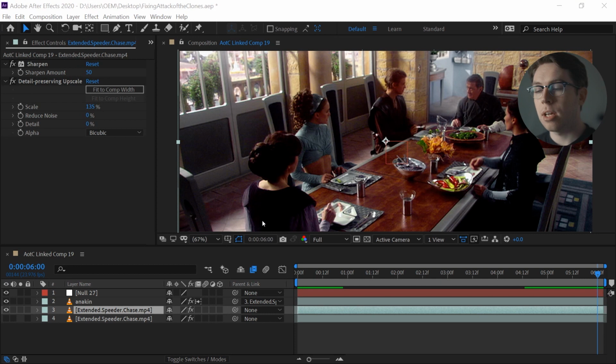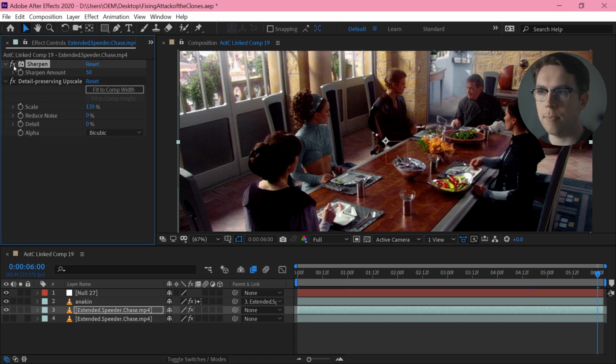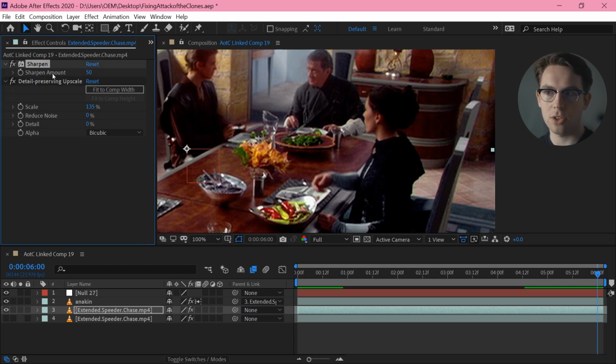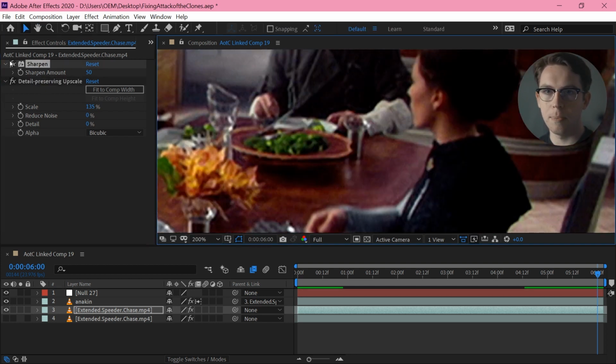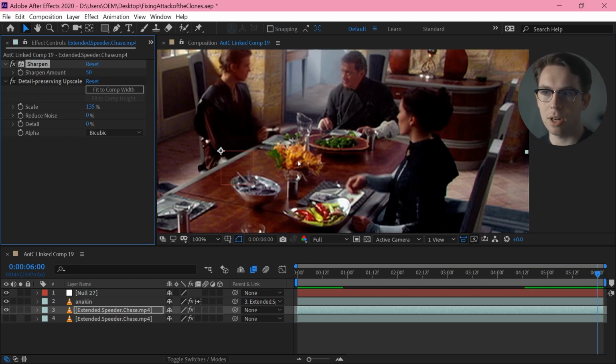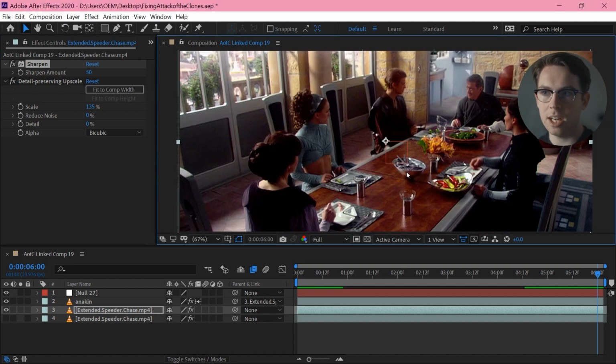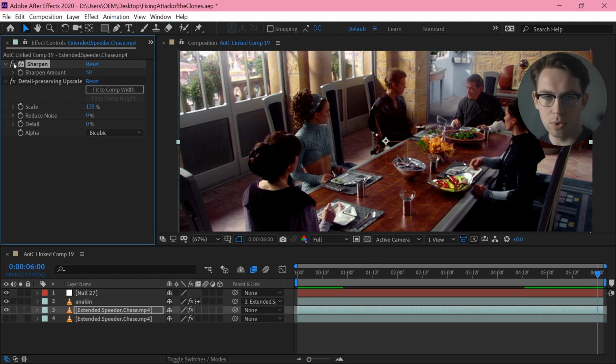And the only thing that I have done on these deleted scenes to improve their look, other than color grading, which I have done, that's not in here, I did all my color grading in Premiere, is just add a bit of sharpness. I'm upscaling these slightly, and I just want to add back a little bit of sharpness. It doesn't make it look incredible, but it does make it look a little bit higher fidelity, and maybe it matches it in a tiny bit better with the rest of the movie, and you don't lose any detail.